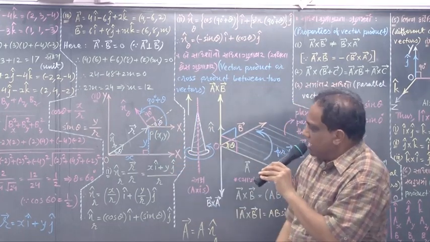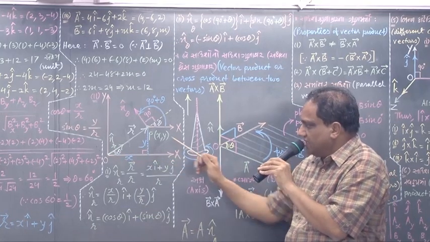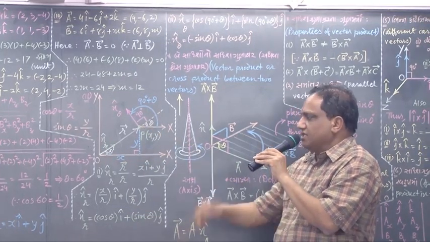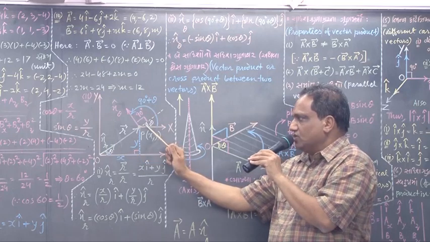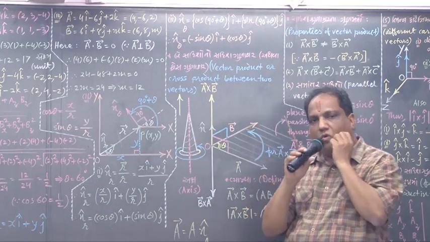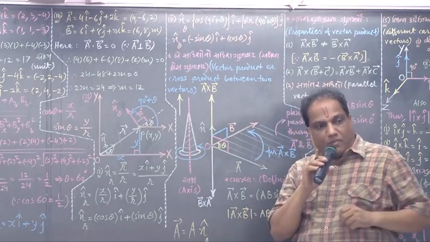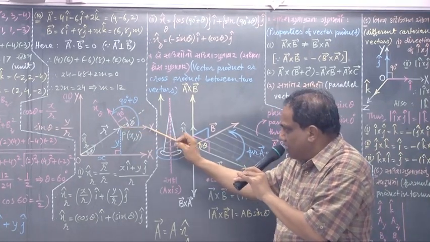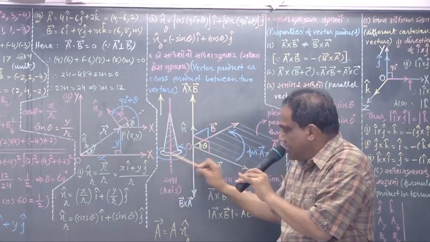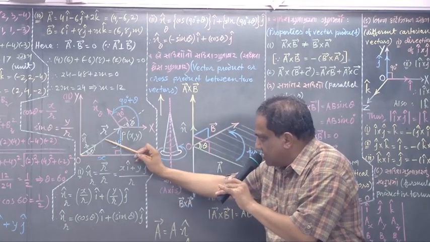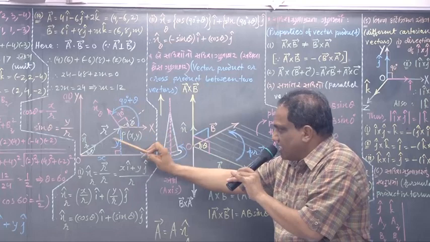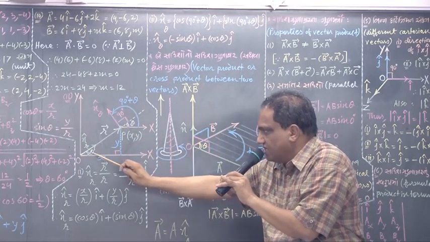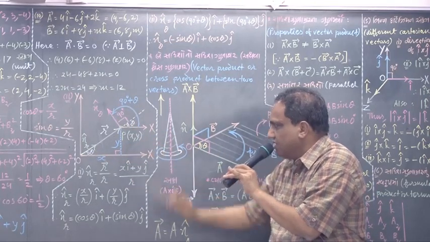Now the way this is the x-axis, this is also the x-axis. I say if this angle is theta, this also is theta. How? Corresponding angles, because these two are parallel and this is the transversal. So these two angles are corresponding angles. They have to be equal. If this is theta, this also is theta.